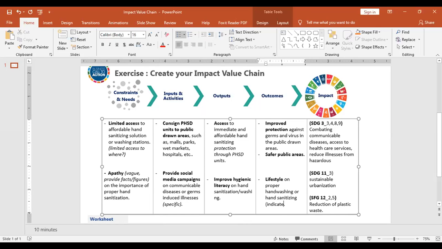So, you have to say there is a change or improvement in the lifestyle on proper hand washing or hand sanitizing, on the specific demographic that your startup is set into, yung market nyo, ganun.